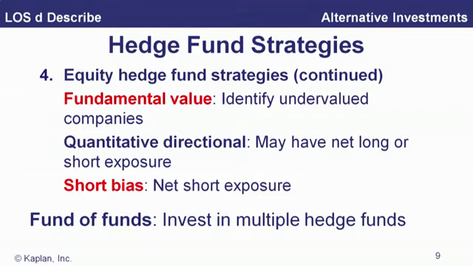And lastly on this slide, we've got a fund of funds. And that's a fund with a manager that invests in other hedge funds. And you're getting supposedly expertise there in the selection of these, and by investing in multiple hedge funds, you're getting strategy diversification. So you saw all these various strategies they may employ. Well, at any point in time, one of those strategies may be working great or may work very poorly. And so if you have a portfolio of different strategies, you're getting diversification that way.